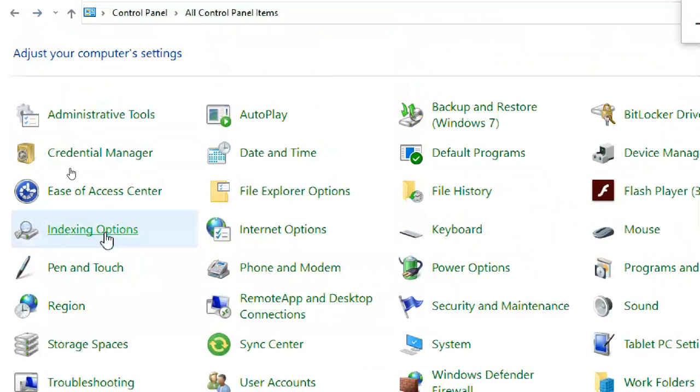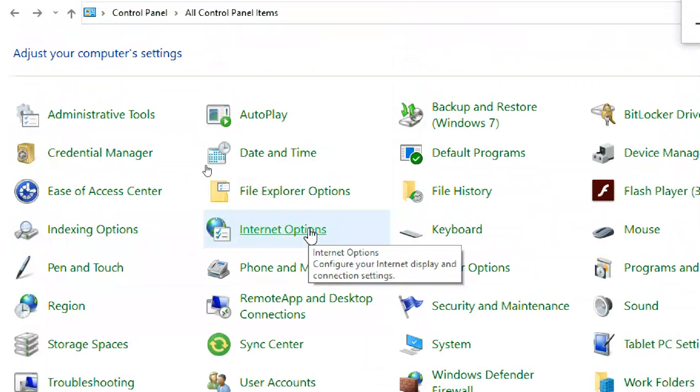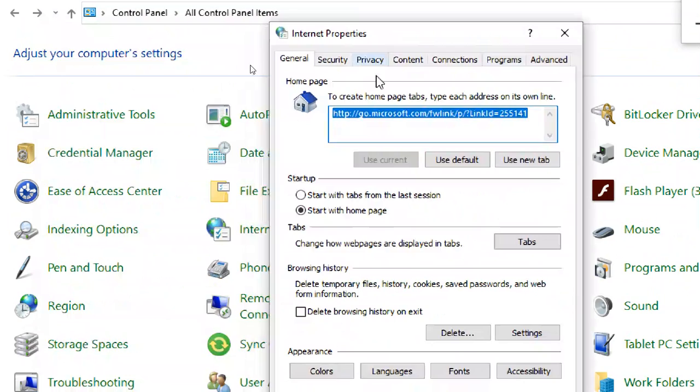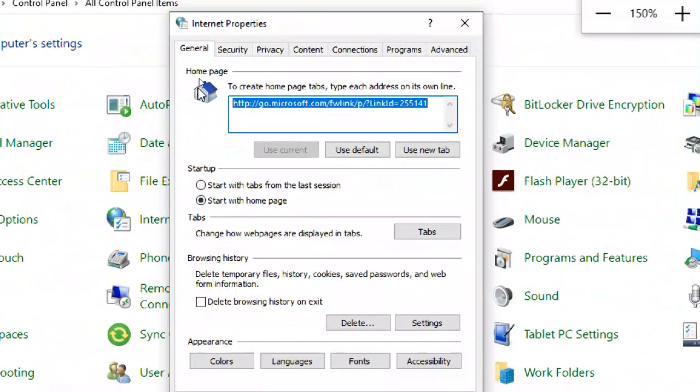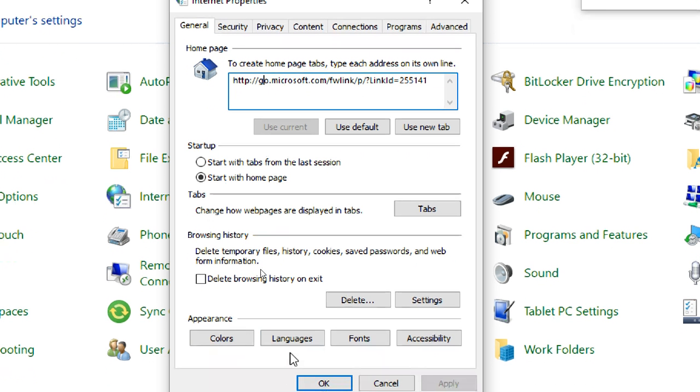That's it for Indexing Options. This is Internet Options, which works with Internet Explorer. When you open Internet Explorer, what should open? By default that link is mentioned here. You can remove it, or you can use google.com or only facebook.com, and that link will open by default.